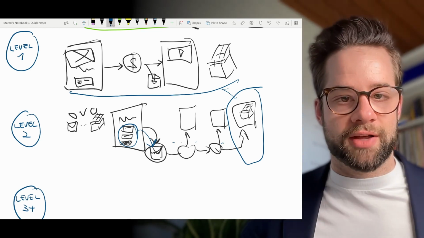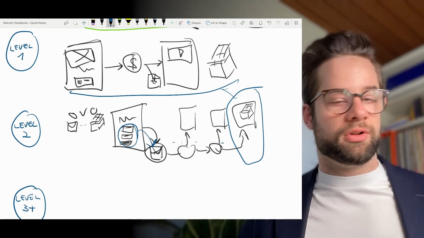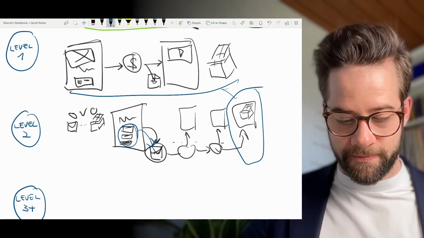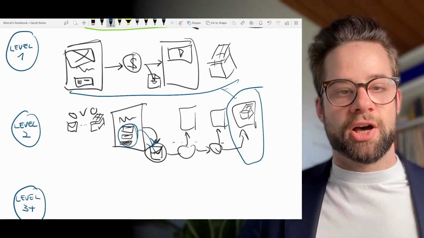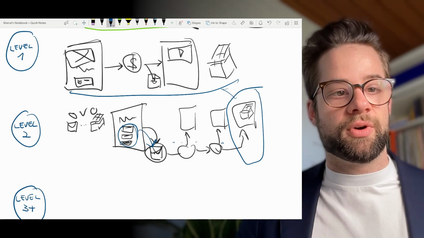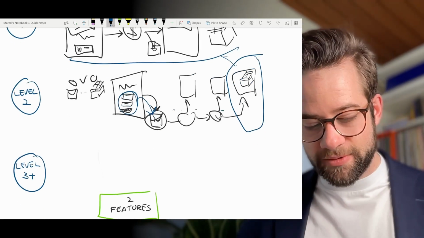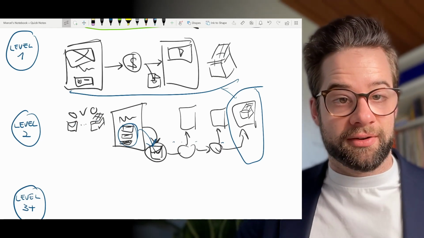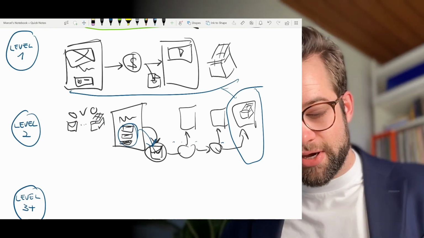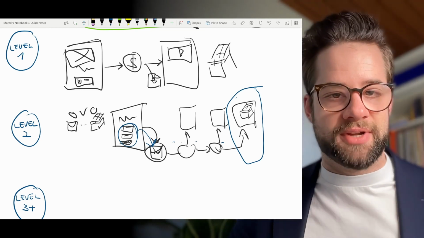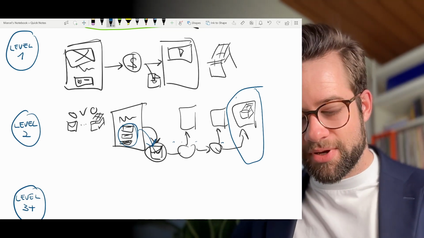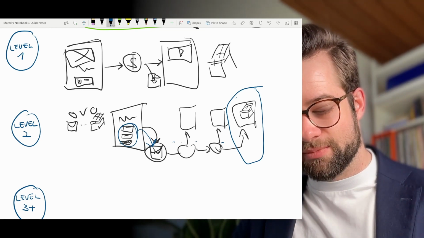This is what I would call level 2. This allows you to sell a whole bunch more things that are more valuable, because you're warming people up, teaching them about who you are and what you can do for them, and at the end you're giving them an offer. All right, so this actually gets you very, very far, especially if you upgrade this last